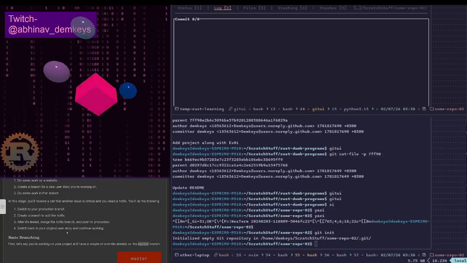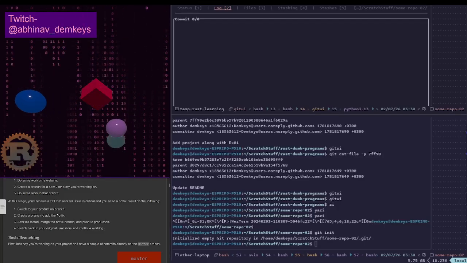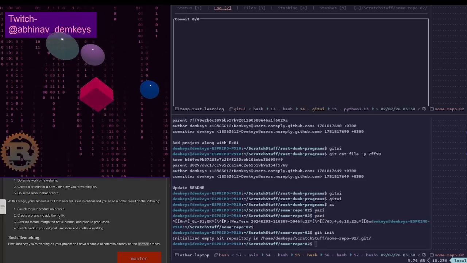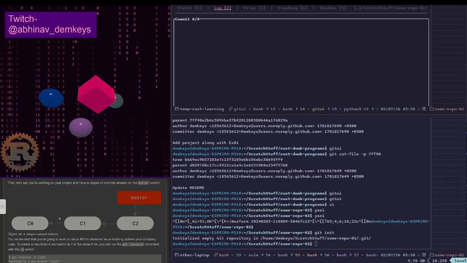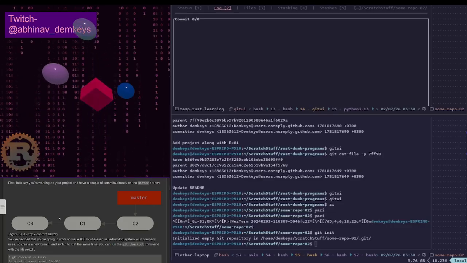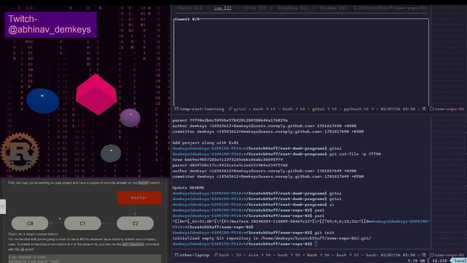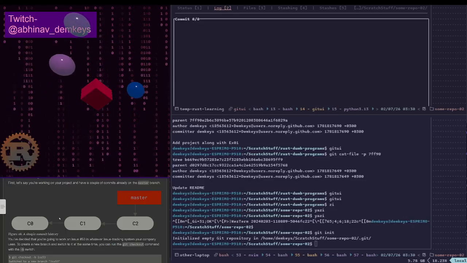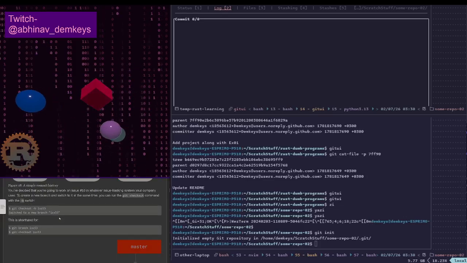Because here it says switch to your production branch. I'm a bit confused there. Okay, switch back to your original user story and continue working. First, let's say you're working on your project and you have a couple of commits already on the master branch. Okay, where does production come in here?